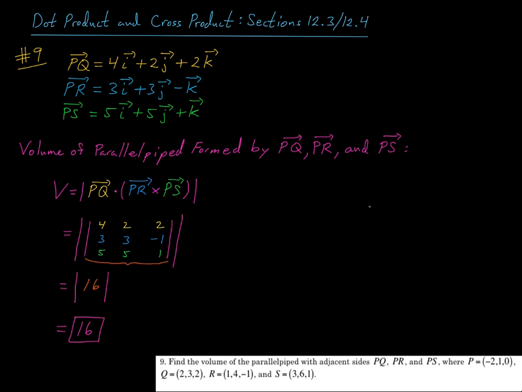To find the volume of the parallelepiped formed by these three vectors, all I do is look at the absolute value of this scalar triple product, PQ dot PR cross PS, which, as we just noted, can be computed in terms of this 3 by 3 determinant. Just lay out the components of PQ, then the components of PR, then the components of PS. If you crank through this determinant, you wind up getting 16, and the absolute value of 16 is 16. So that is the